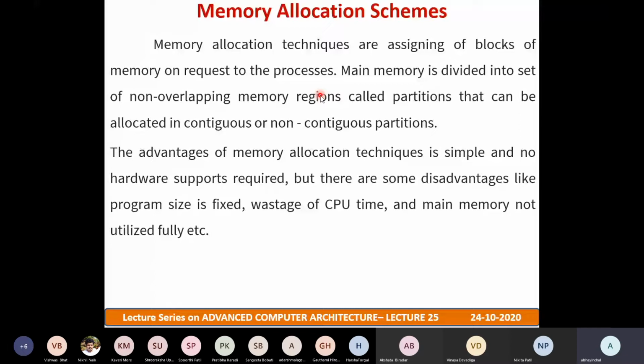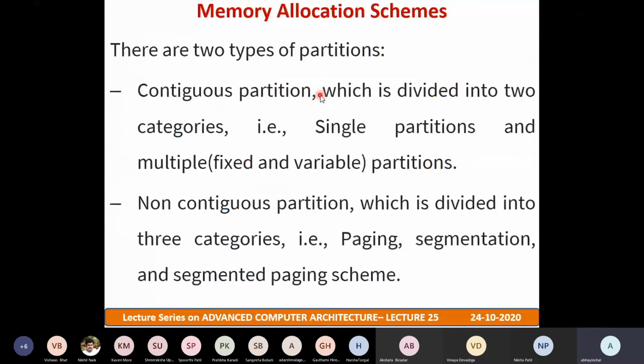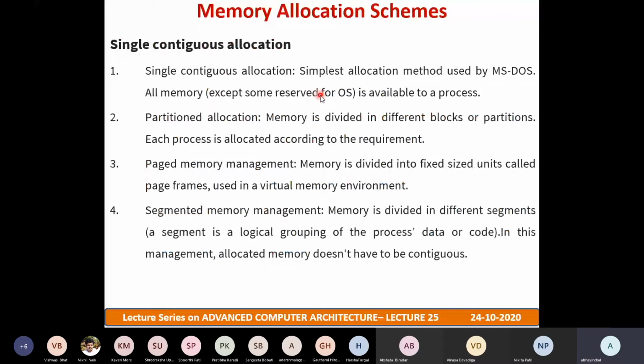There are two types of partitions as we have come across. The first one is a contiguous partition, which is divided into two categories, single partition and multiple partitions. In multiple partitions we again have two kinds, fixed and variable partitions. Whereas the non-contiguous partition is divided into three categories: paging, segmentation, and segmented paging schemes. In single contiguous